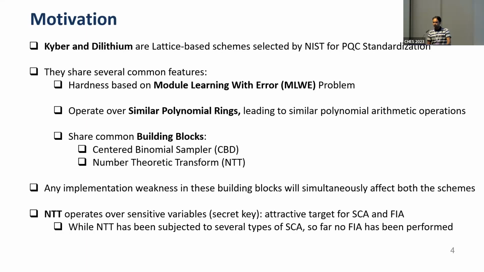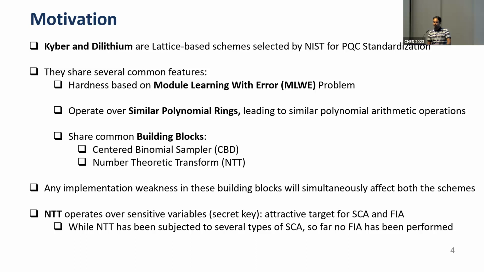So we know that Kyber and Dilithium are the schemes that were selected for standardization at the end of round 3. Both of these schemes share several common features. Firstly, their hardness is derived from the module learning with errors problem. And they operate over very similar polynomial rings, leading to similar polynomial arithmetic operations. As a result, they also share several common building blocks: the centered binomial distribution sampler, as well as the number theoretic transform. So if one is able to find an implementation weakness in any of these building blocks, then it will simultaneously affect both of these schemes. When we looked at the literature, we identified that the number theoretic transform in particular has